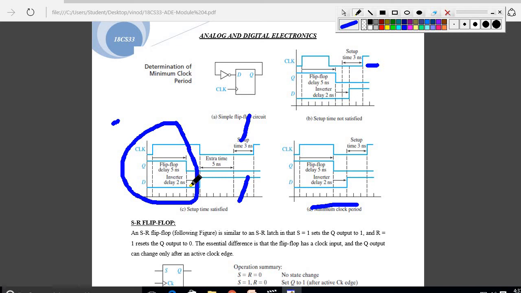Flip-flops always work on the basis of the clock pulse. When you give the clock pulse, the output changes accordingly. In latches, the output changes according to the input. That is exactly the difference between latch and flip-flop. I am winding up today's class. The SR and JK flip-flops, T and D, I will explain in the next class. I just wanted to show the difference between latch and flip-flop.